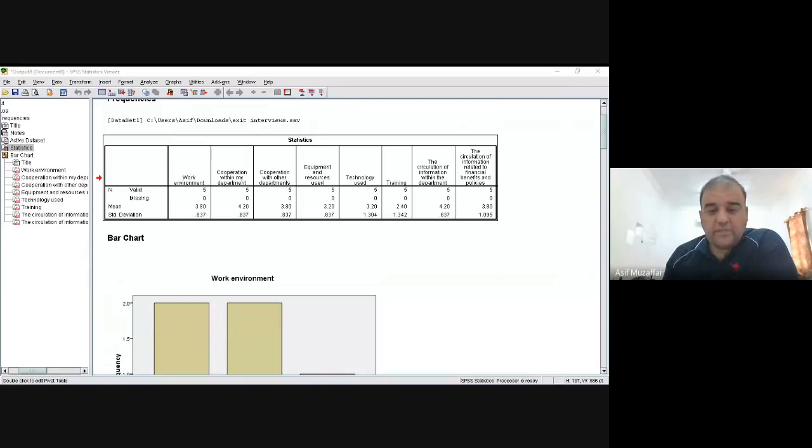Descriptive statistics. Now remember what I told you. Descriptive statistics cannot be used for hypothesis testing. If you have a hypothesis, you cannot show that your hypothesis is true or false through these mean, median, modes, or graphs. For that, you need to perform different types of tests. But the first test which you need to perform is the reliability test.